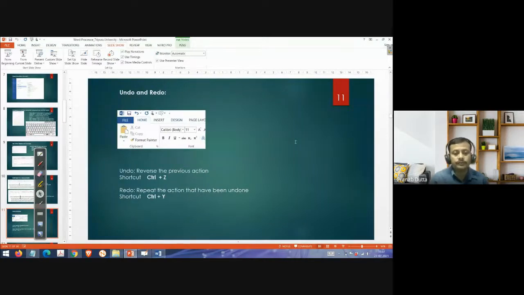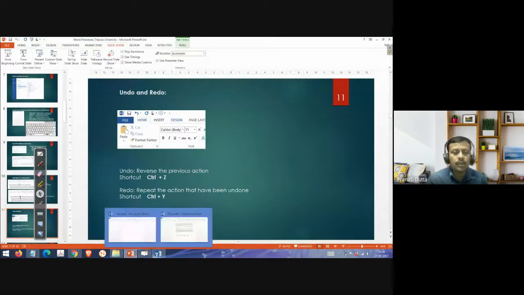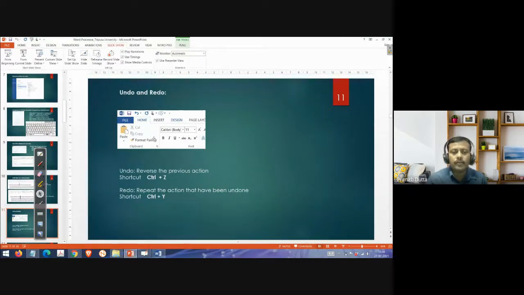Undo and redo. Here one is the undo, another is the redo. If you go to the Word document, at the top is the quick access toolbar. In the quick access toolbar there are two symbols, one is undo, another is redo.